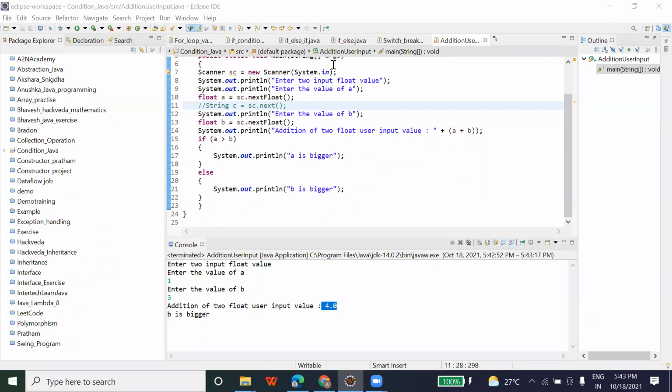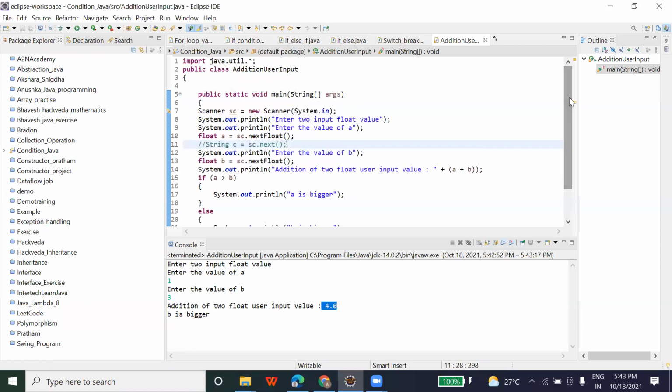Is it clear to everyone? Like, what is this? How to read an input? Those who have joined for the first time, just go to the previous lecture. I am going to share the link with you. This is a Java program. This is a class. Let me remove this public. It's not mandatory to add a public access specifier. This is a main function, and I've written this program to accept the input from a user. Whatever input the user enters, based on that, it performs the arithmetic operation and gives you the addition.